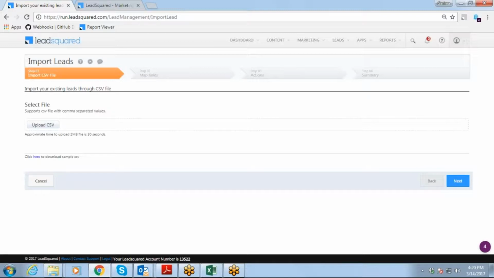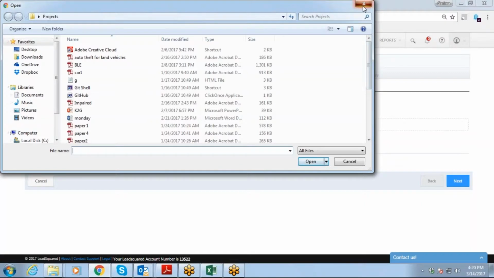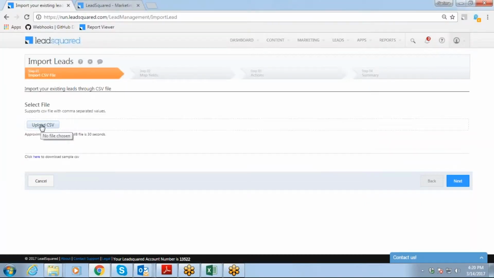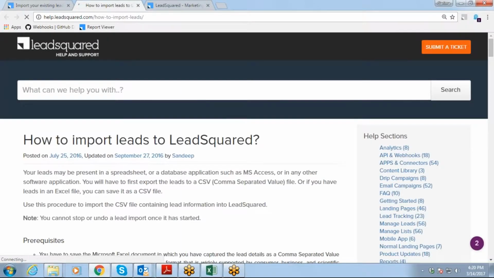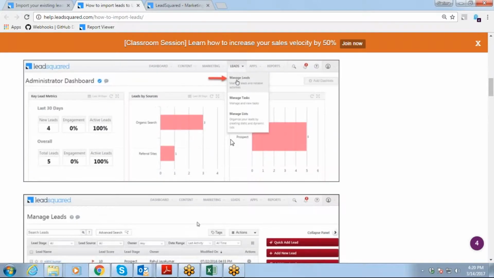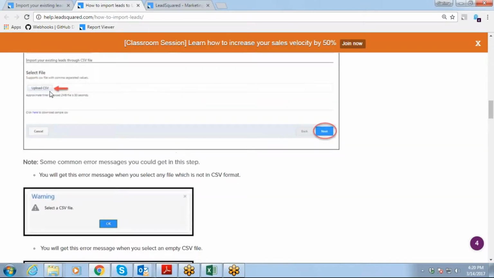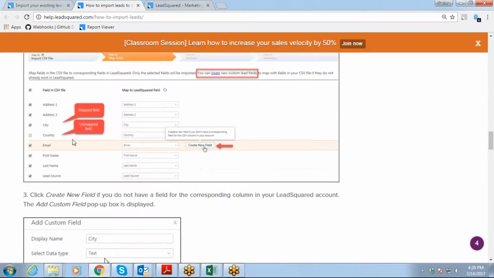So there are some rules which must be followed whenever we use an Excel sheet. Initially, whenever you have an Excel sheet, try to change the format to a CSV, comma separated value file, so that you can upload to LeadSquared. In LeadSquared we accept only the CSV format, right? So what are the steps we should follow for this? I'll just show you. You convert the format to a CSV file, go to this option, upload the CSV file and then we move to the next step.